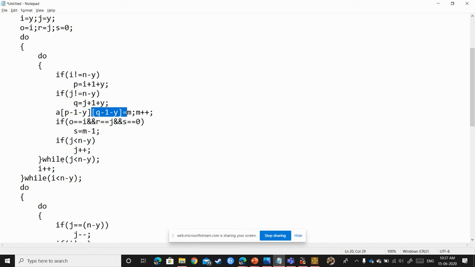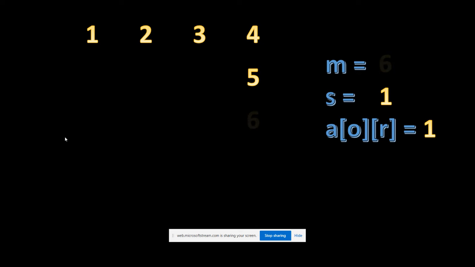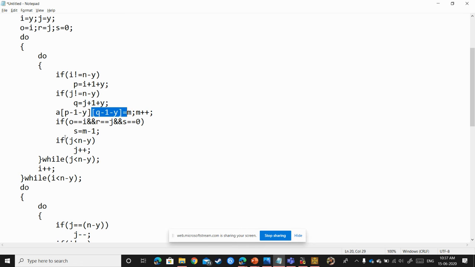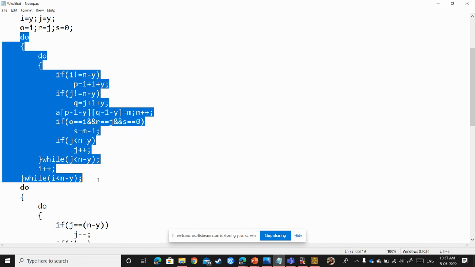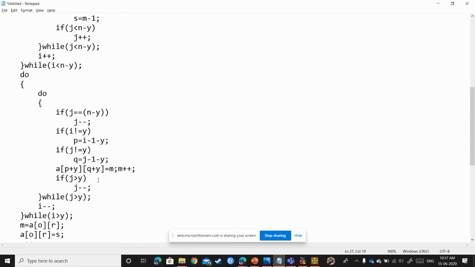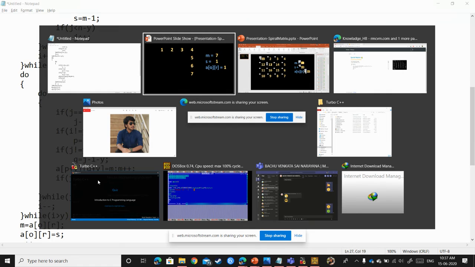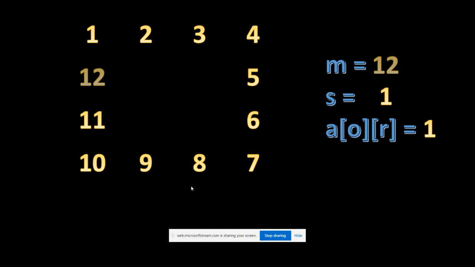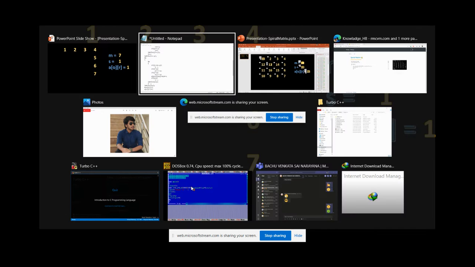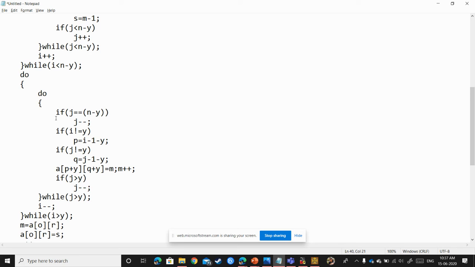Then once i plus plus is done, it will be coming for 1 comma 3, 2 comma 3 and 3 comma 3. It will be ending at 7, and at 7 both the loops will be terminated, and it will go for the next do while loop set, which will be helping you in achieving this reverse process of what we have done till now. Okay, let me stop here and go through the code.